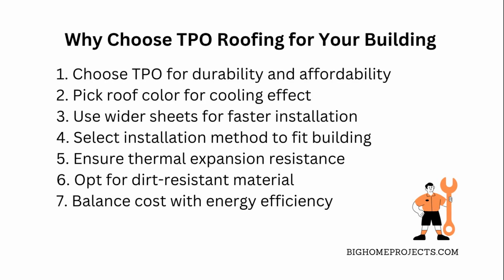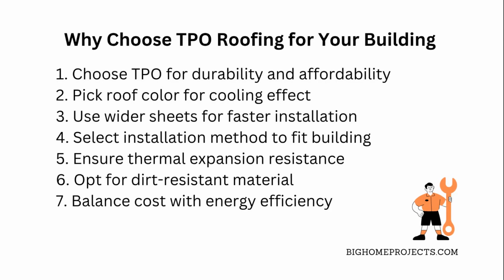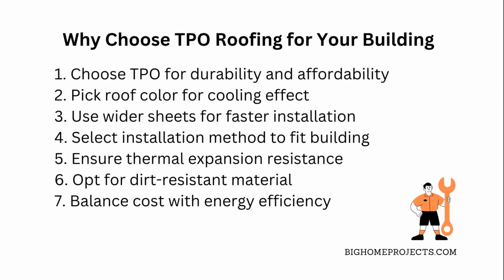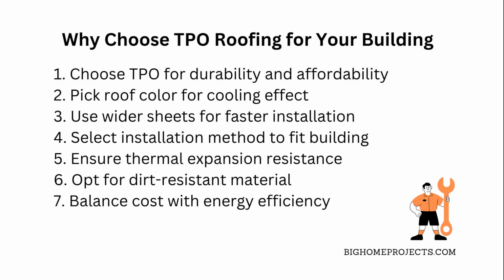Another cool thing, TPO handles thermal expansion and contraction better than a lot of other materials, so it stays intact longer when the weather changes. It's dirt resistant too, so your roof stays cleaner without much effort. And since it's more affordable than PVC but still energy efficient, it's a smart pick if you're watching your budget